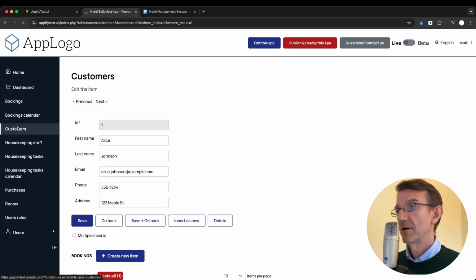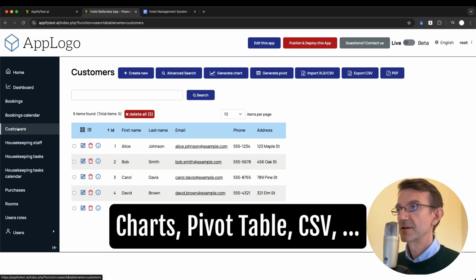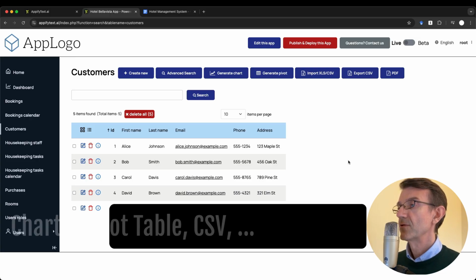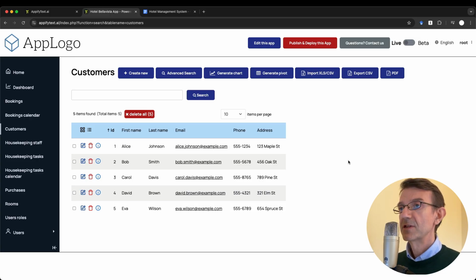And what else? Well, there are other features like generate charts, generate pivot table, and so on and so forth. So how does this tutorial work? We will use this application together, trying some real workflow. Like we'll try to add a new booking. We'll see how the booking calendar is displayed, and while I'm using the application, I will take note of possible